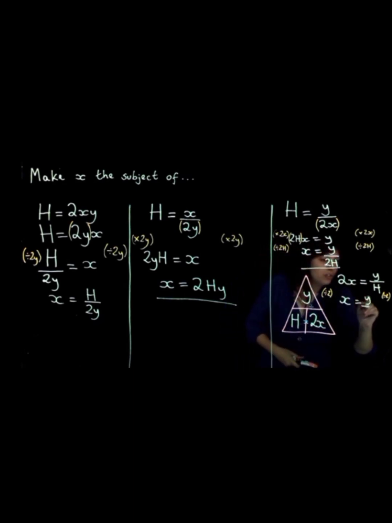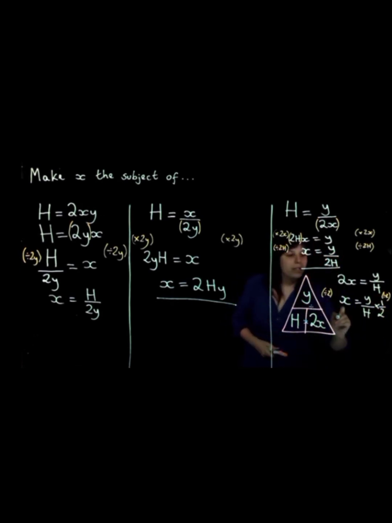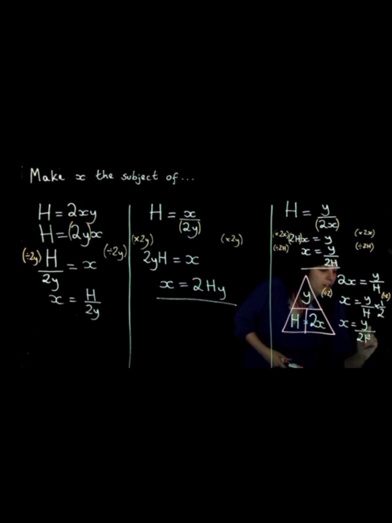So it's much better for me if I write it that way. Multiply it by a half. And then I'm going to do numerator multiplied by the numerator, which is y, and denominator multiplied by the denominator, which is 2h. So I get my rearranged formula, and it's the same as my original